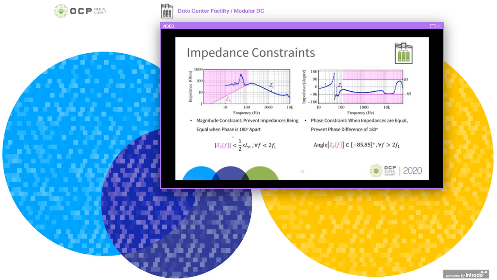These are shown mathematically here. On the left, the magnitude of the source impedance, which is the data center impedance, should be below a certain value, 1/2 of the nominal inductance of the system. Nominal inductance is sometimes also referred to as rated or base inductance. This constraint applies for frequencies below the second harmonic. The high frequency constraint that we impose on the angle of the impedance is shown here. Basically, we have an allowable region between -85 and 85 degrees, and that constraint applies for all frequencies above the second harmonic.